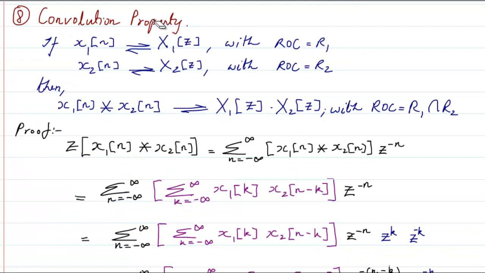Next property is the convolution property, which is about the convolution sum between two functions x1 of n and x2 of n. So suppose you have x1 of n, whose z transform you already know is X1 of z, which has an ROC region R1, and another function x2 of n, which has a z transform X2 of z, which has an ROC region R2,